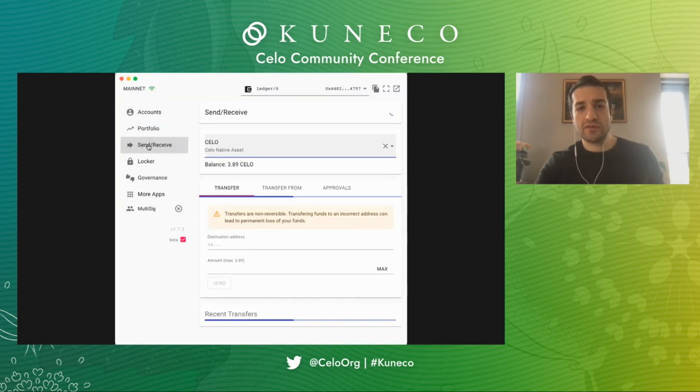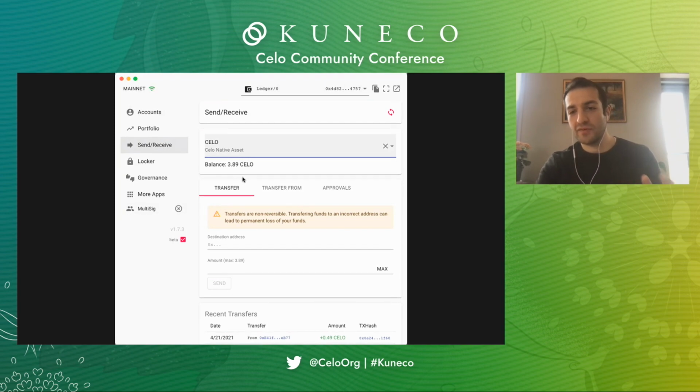And just to note, this whole demo, even though I did this live, I did at least 20, 30 transactions. It cost me less than 1 cent. It cost me so little that I basically have the same balance as what I started with in my main account. So that's the power of Celo. And that's why we need this new type of wallets and UX that is built for Celo specifically, because we can have better interactions. We don't have to be bound to the ways of the past. So that sums up the demo.